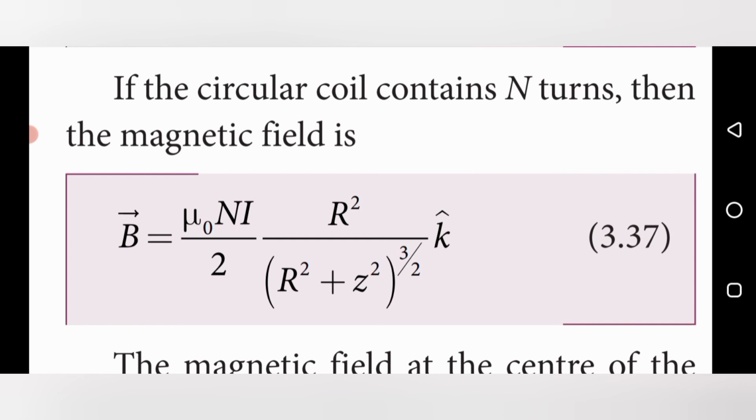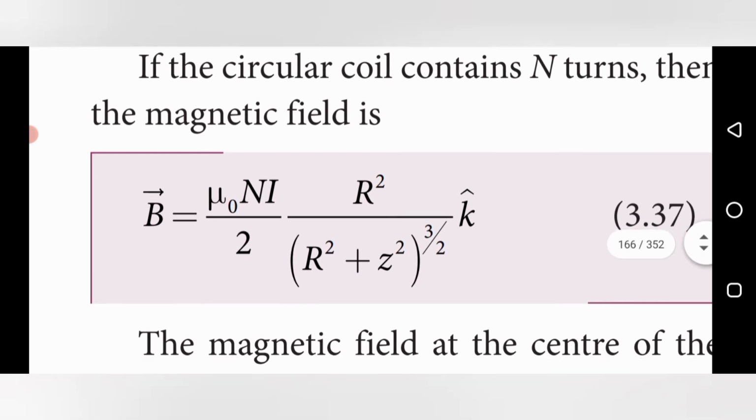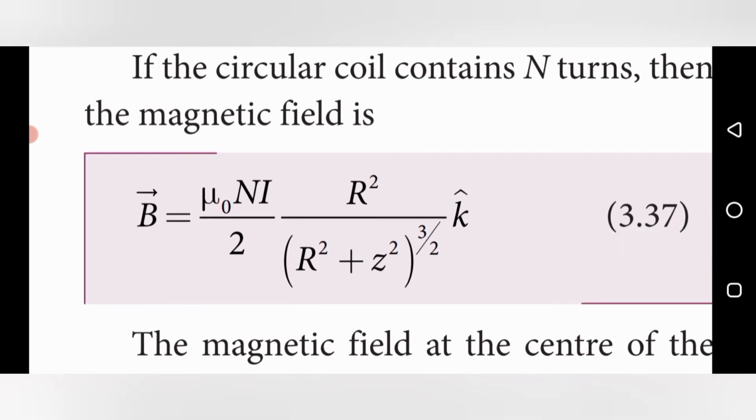Here the loop we represent as a circular coil only. That's why we take this as a current loop. This acts as a magnetic dipole here. This is only expressed in the mathematical equation, so we have to rearrange and include some terms in this equation. We have to find that the current loop also acts as a magnetic dipole. Now we will see the topic current loop as a magnetic dipole.